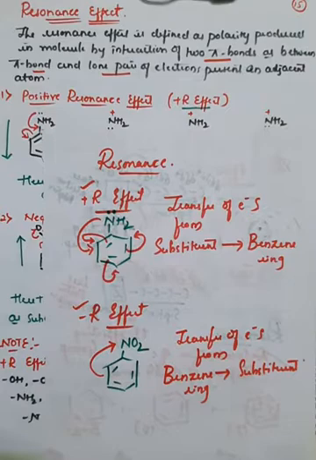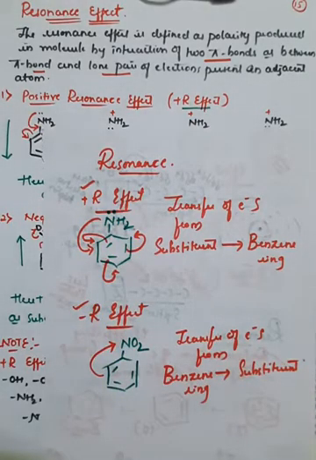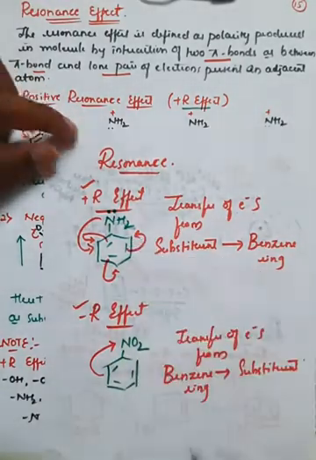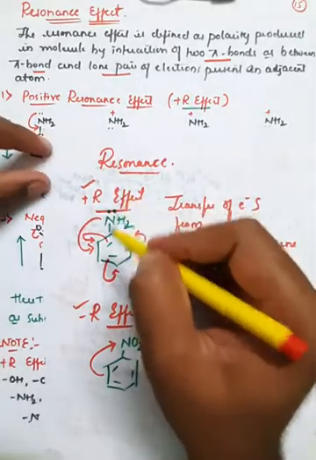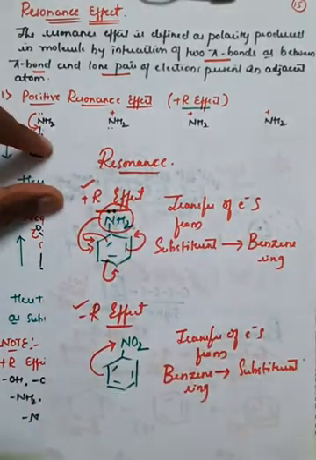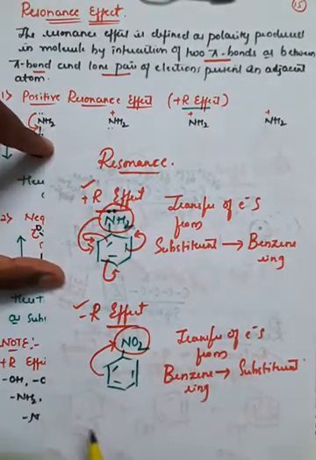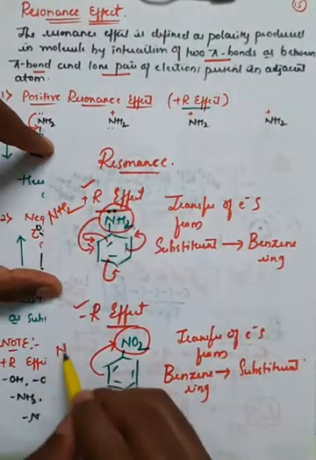Observe carefully here, that is very important, right? There are two types of resonance effect. One is called the plus R effect because it is a cyclic effect, right? Delocalization of electrons is a continuous process to stabilize this molecule. The main thing you have to observe here is that the plus R effect happens when the benzene ring is bonded with the NH2 group, and the minus R effect occurs whenever the benzene ring is bonded with NO2. NH2 is a different molecule and NO2 is a different molecule.